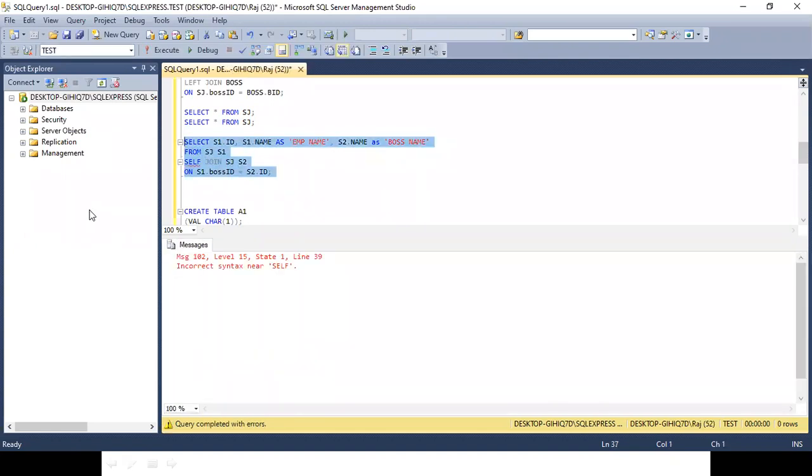It will be a syntax error. Practically, there is nothing known as self-join. It is actually a left join or right join, or it could be any join. So self join is a concept, but the rest of the joins are practical things. I hope I am able to prove myself.